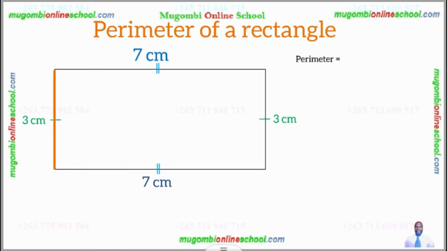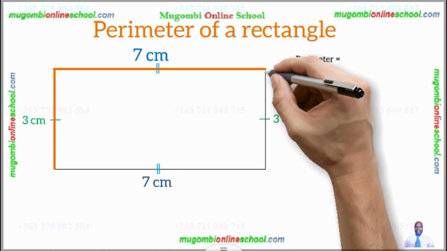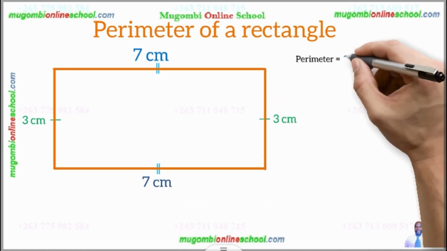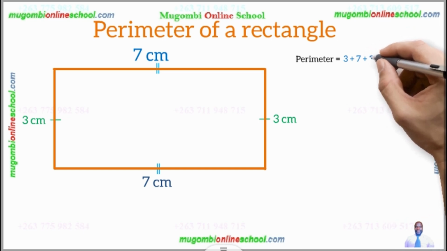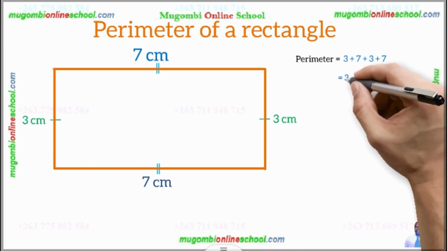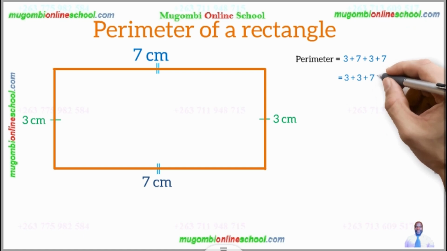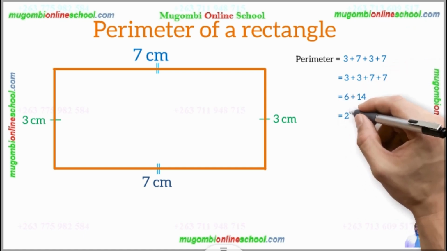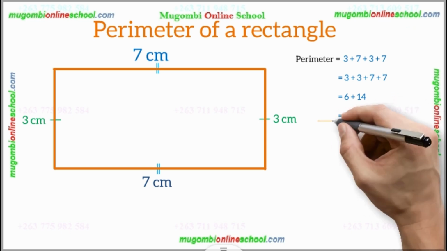So the perimeter is the distance around the shape, plus this side plus this final side to give us the perimeter. Which is 3 plus 7 plus 3 plus 7, which, if you rearrange, is 3 plus 3 plus 7 plus 7, the same as 6 plus 14, which will give us 20